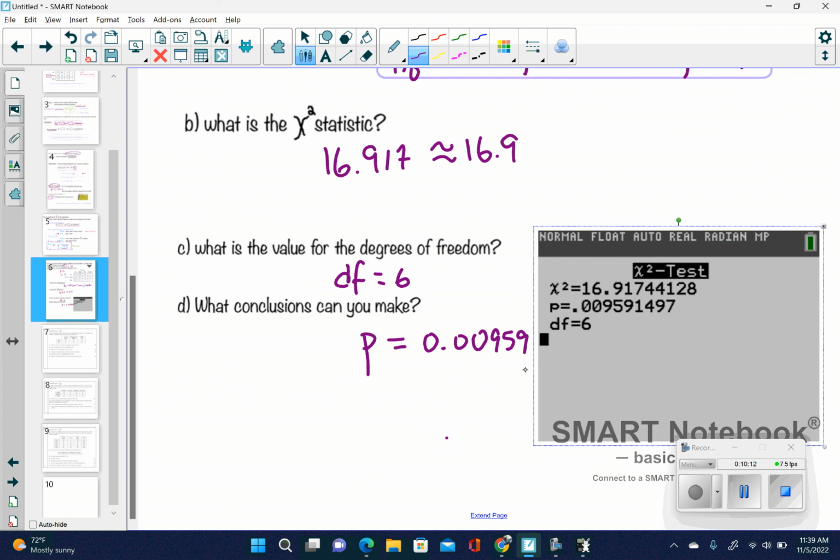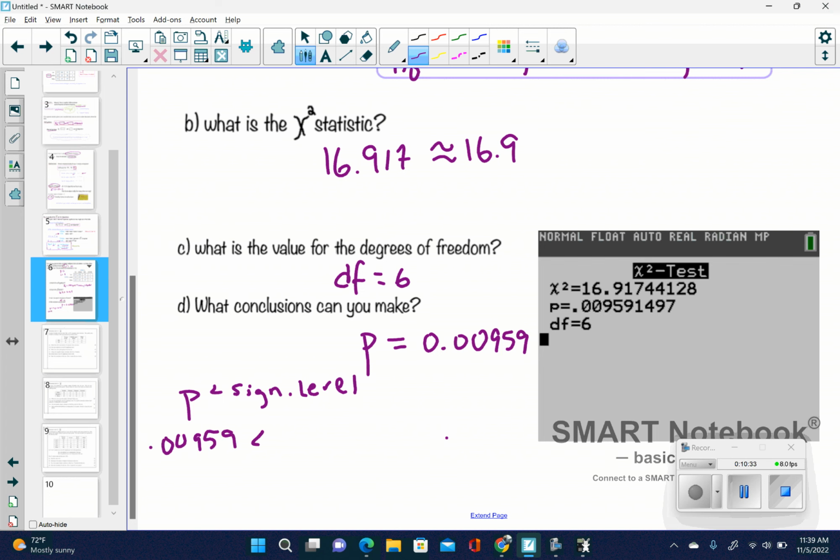0.00959. So 3 significant figures. We're good with that. So remember what we can conclude now, right? Our conclusion is, if the p is less than the significance value, right? Significance level or significance value. So our p right now is